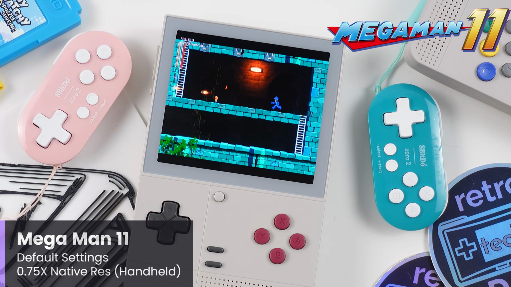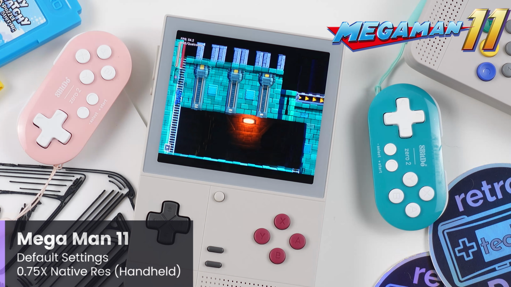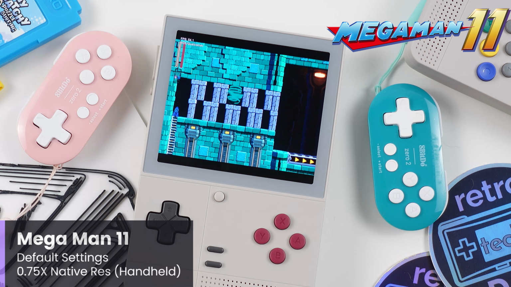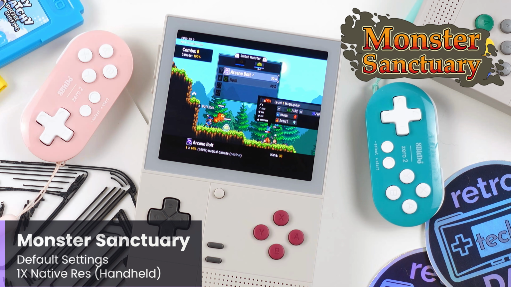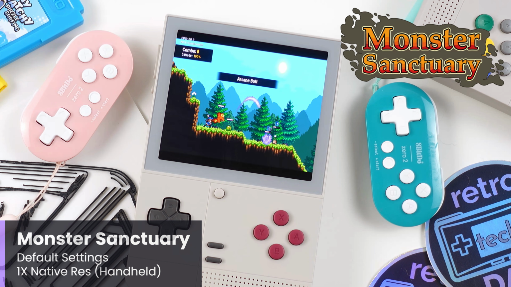The game's graphics still hold up at the lower resolution, and again, it just feels right at home on a device like the Classic, and of course the gameplay style works very well with the awesome Retroid D-pad. If you've never played Monster Sanctuary before, this one is definitely a unique gem, and I don't believe I've ever